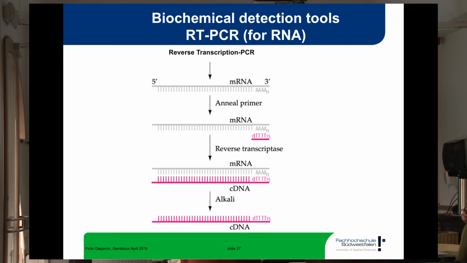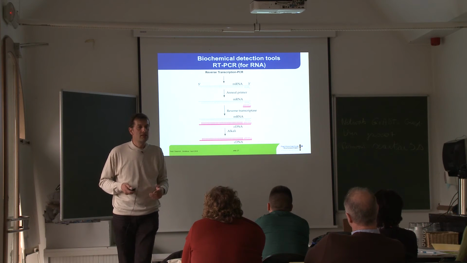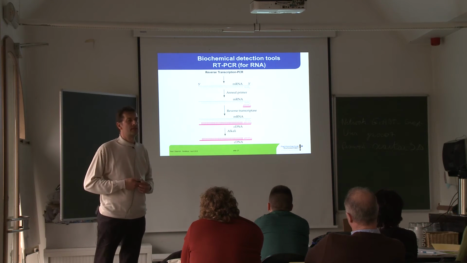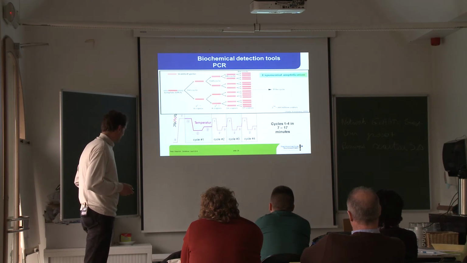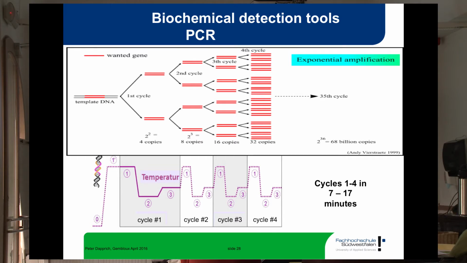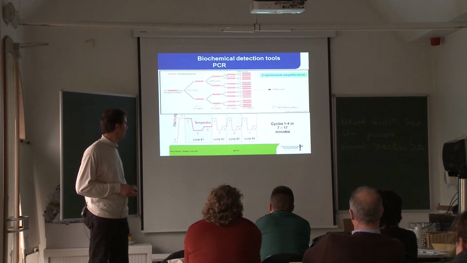For RNA, it is, in fact, a second step added to the first. First, you have the RNA, which you have to replicate to a DNA strand, and then you can put the cDNA, the complementary DNA strand, into a PCR system. And as you can see here, every cycle doubles the number of your copies. So in the end, you have very large numbers of your product that you wish to analyze.